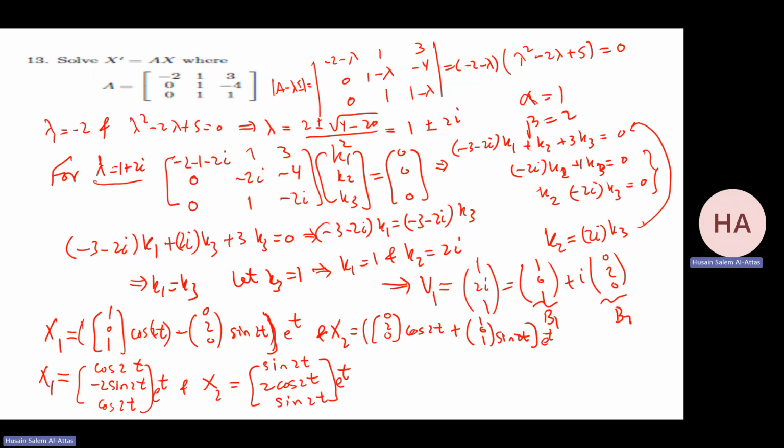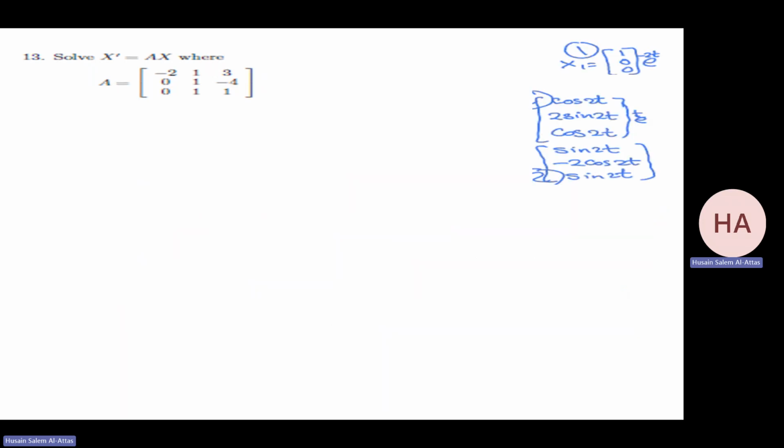K1 equal K3. Yeah, we don't see mistakes there. Okay, let me do now for lambda equal minus 2. What will be the system? Minus 2 minus minus 2, that will be 0, 1, 3, 0, 3 minus 4, 0, 1, 3 times K1, K2, K3